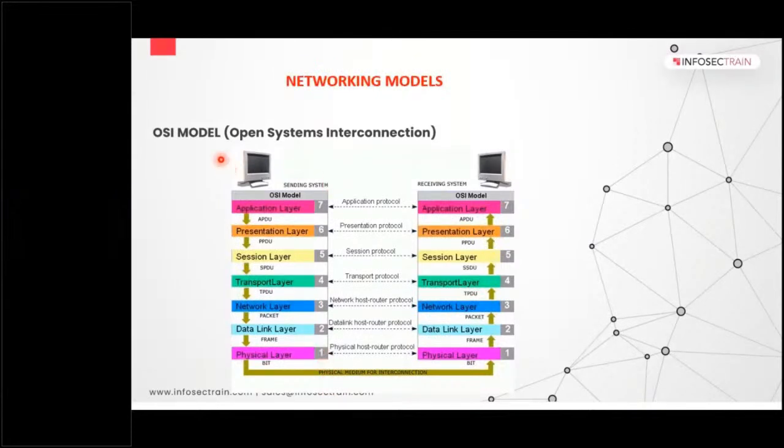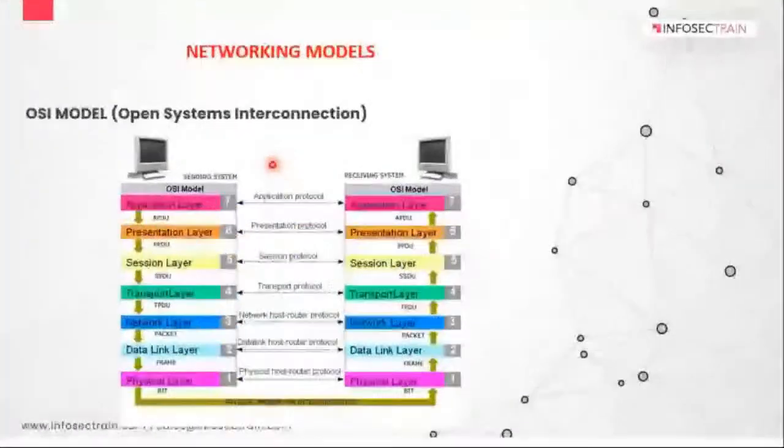OSI model stands for Open Systems Interconnection Model, right? It tells you how the data will be transferred from one device to another. What standard do we use? Back in the old days when there was no OSI model, we were using ARPANET, right? Does anyone know about ARPANET? What is ARPANET?